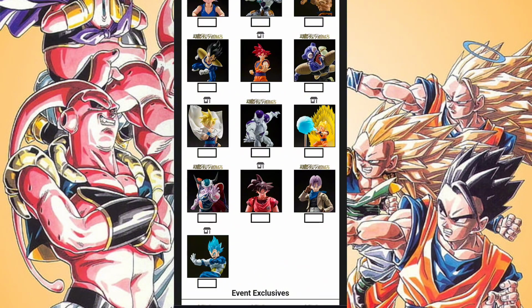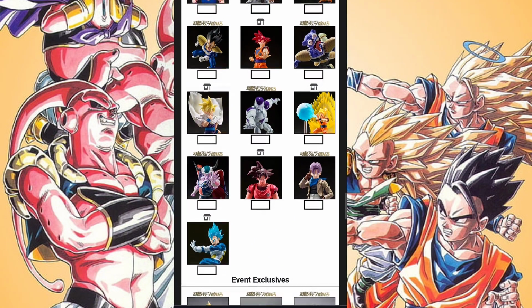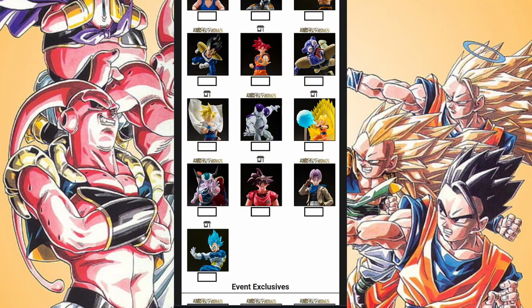King Cold, bona fide Namek era. Not Namek era. Beginning of Android era. Kaioken Goku right here for the general release. Definitely Namek era. And then we have GT Trunks. GT Trunks can be paired with Kid Goku, of course. But you guys can look at this as a reach.